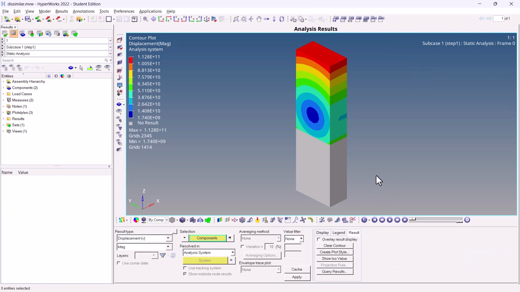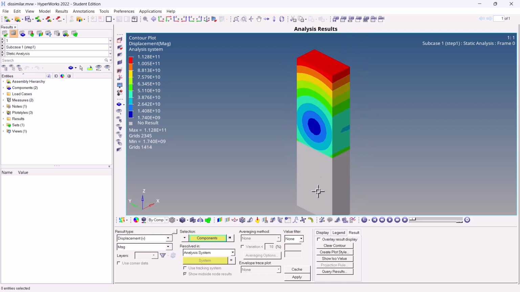Once the results are opened up, let me fit this to screen. If I go to contour and show you the contour of displacement, you will notice that there is an issue on only one side, that is on only one mesh. The software is showing me the result, and on the other mesh there is no result. This is because the elements are not connected. So whatever forces and constraints you are applying, they are not getting transferred.